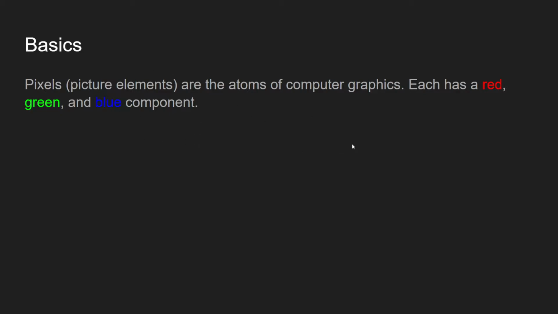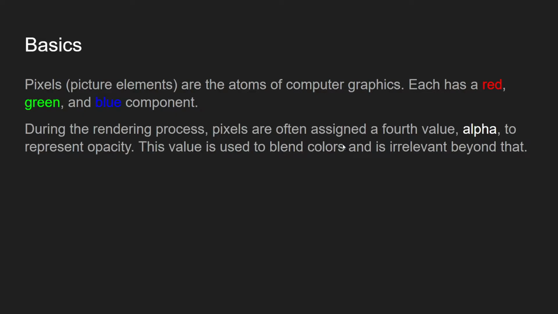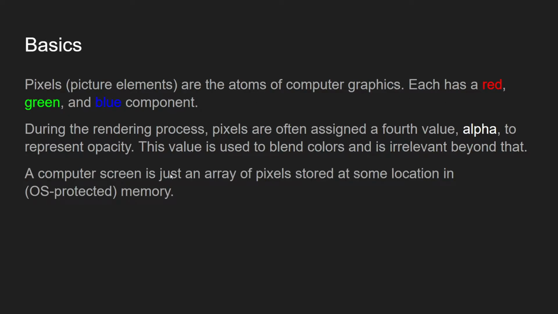So a pixel, you probably know most of this, it's the smallest unit of computer graphics. Each has a red, green, and blue component, RGB. During the rendering process, they're often assigned a fourth value called alpha. And this is just used to blend colors. It's like opacity. But once the final color is resolved, the alpha value doesn't matter at all. Your monitor just takes in the red, green, and blue components. So a computer screen,